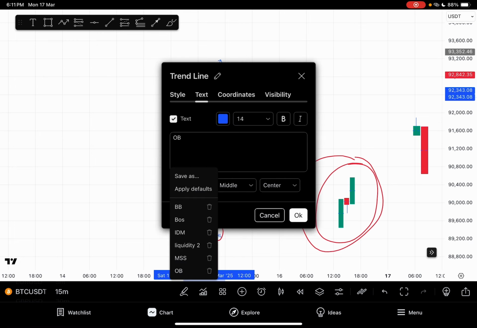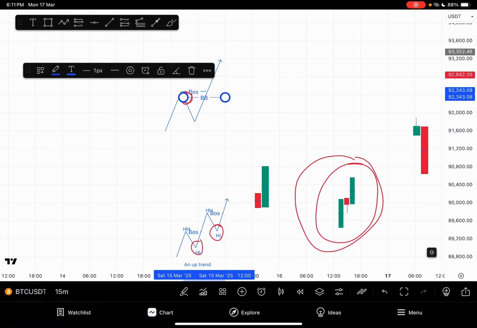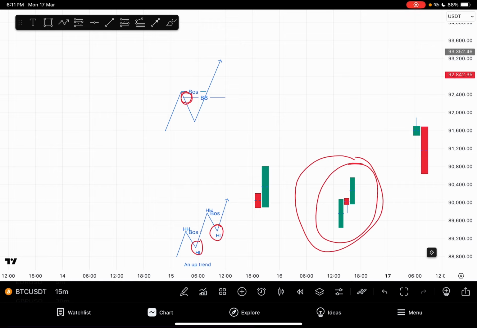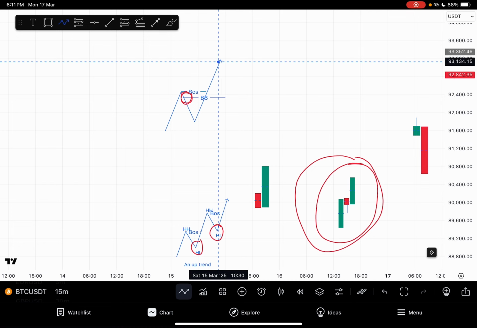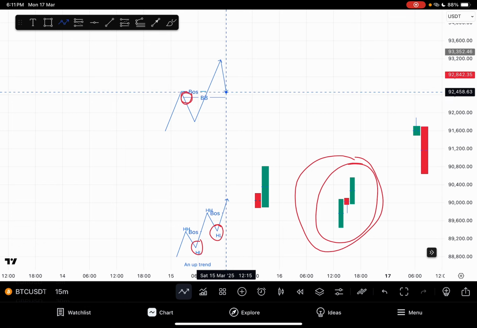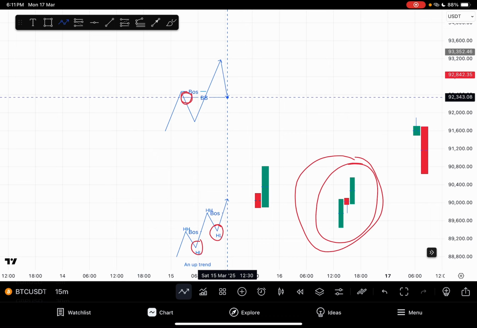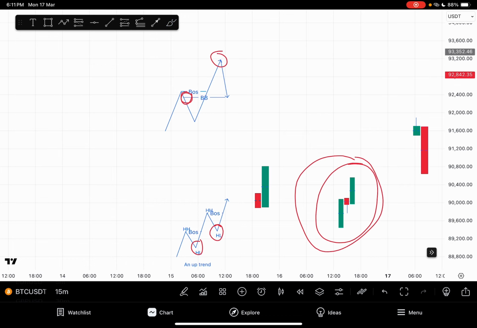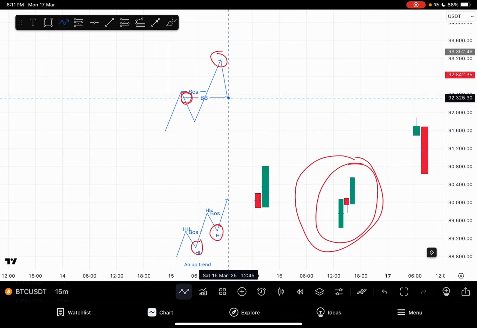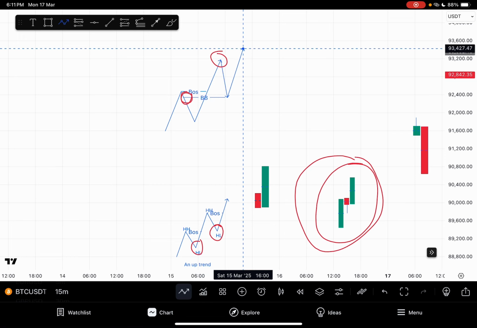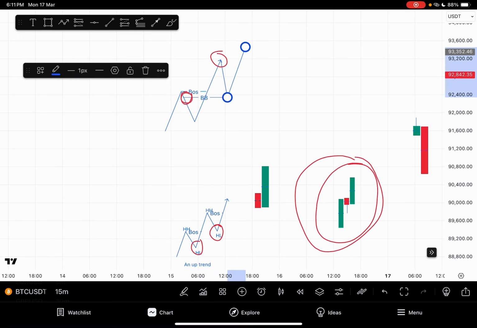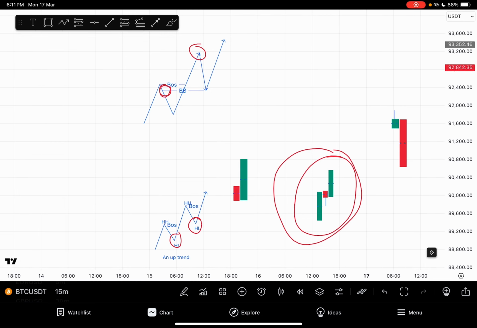turned into a breaker block. So that's how the breaker block works. That order block has automatically turned into a breaker block since it got violated. So now you see price come back again for that breaker block. To come back for that breaker block, it will retest on that breaker block, then take out this previous high. So you see, after price retests on that breaker block, it will go back again for the previous high, just like that. And after you see price now retest on the breaker, taking out the previous high, and let's